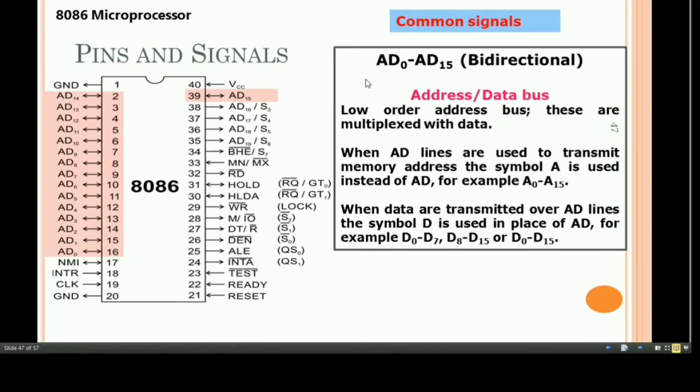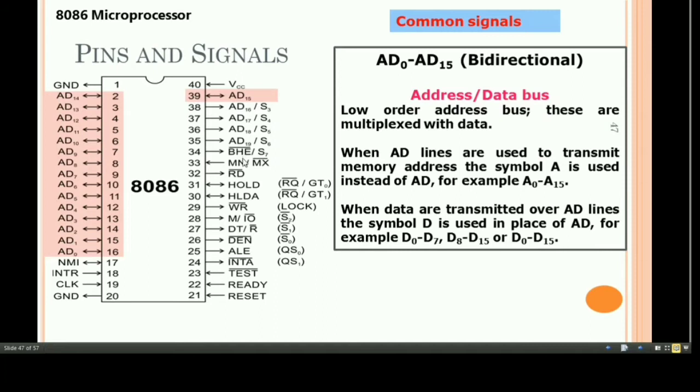Now what will happen if these lines are not multiplexed? Multiplexing reduces the number of pins by combining the signals. But if multiplexing was not used in 8086, what will happen? We know that total 20 address lines are there and 16 data lines are there. So the 20 bit address bus varies from A0 to A19, and along with that 20 bit address bus we are having the bus high enable signal.